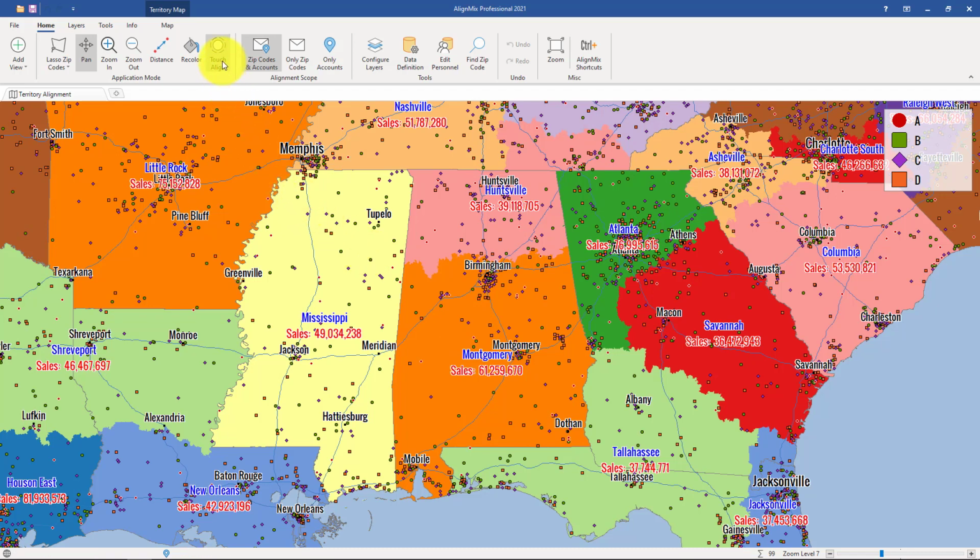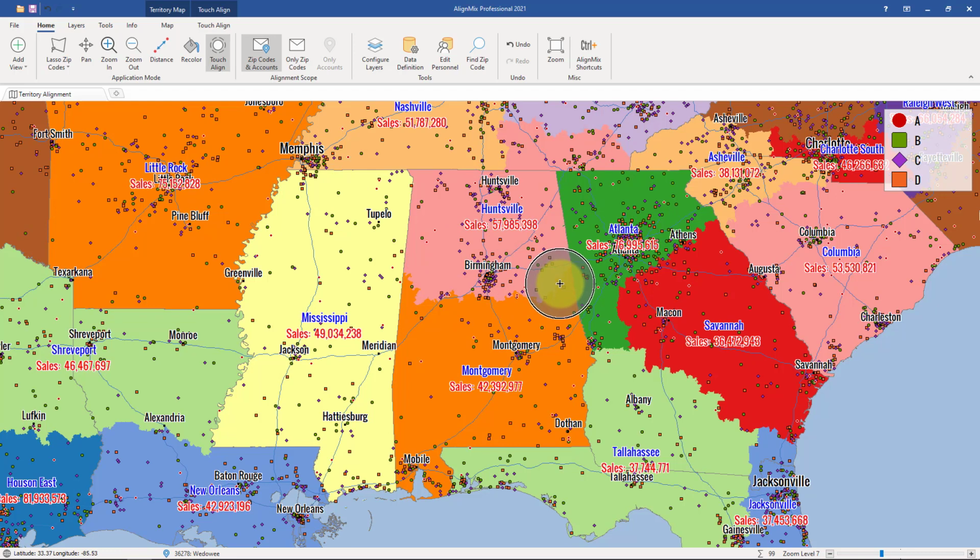So for example, let's use the Touch Align tool, and I will click and hold the Touch Align tool on this North Alabama territory, the Huntsville territory here in pink. As I'm holding down the left button on my mouse, that Touch Align tool is activated, and you can see that it's activated because there's a red outline surrounding that pink territory. Now, using the Touch Align tool, I'm going to go south to Birmingham. As I capture zip codes with accounts, that data is shifted from the orange territory to the pink territory. And you can see just like that, you get that instant feedback with the changes that are happening